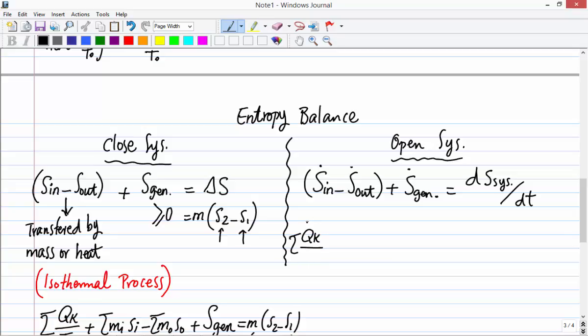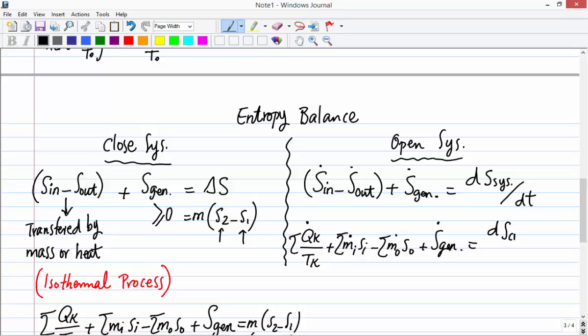The total heat, in and out, a summation over in and out divided by the temperature of the system, plus sigma m dot s in, minus, sorry, let me hold on, I'm sorry, sigma of the m dot, the rate of mass leaving the system times s out, plus the rate of entropy generation, capital S generated, equals dS